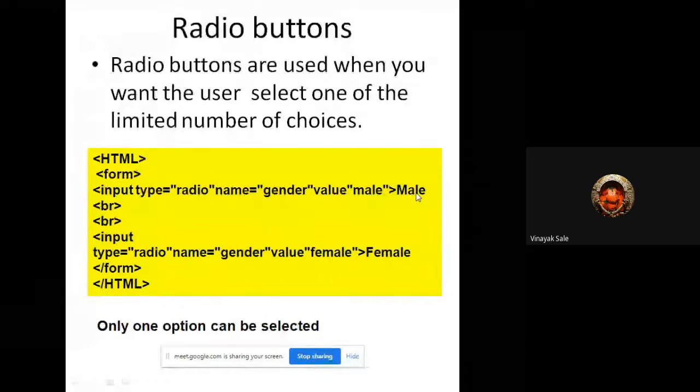Then break, then next input type radio, name gender, value female, then for female, and end of this form. So with the use of radio buttons you can select only one option. We'll see the code for this.